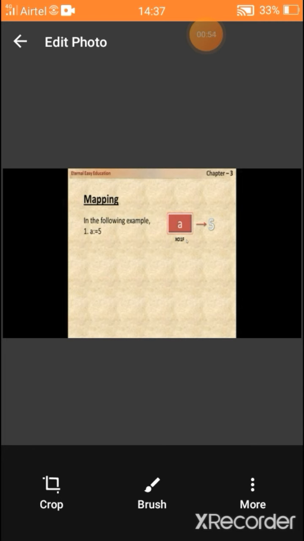So the variable named A is stored in memory at a particular location. That is the memory address. Whenever we call A, it goes to that place, finds the value and assigns it to the program. So the process of assigning a value to the variable is called mapping.